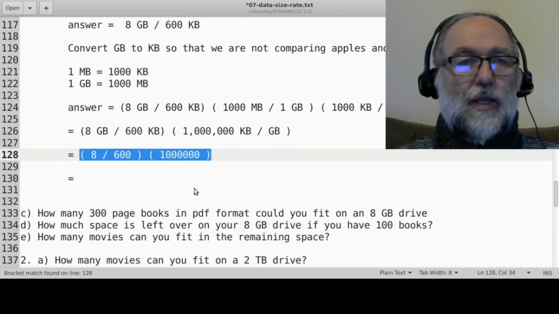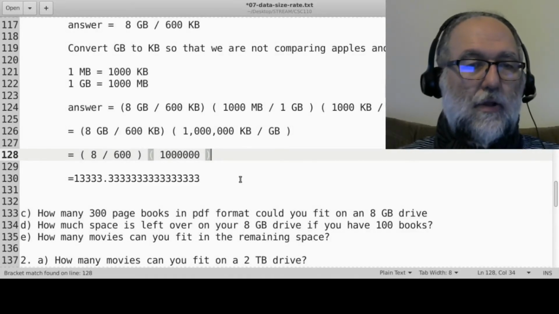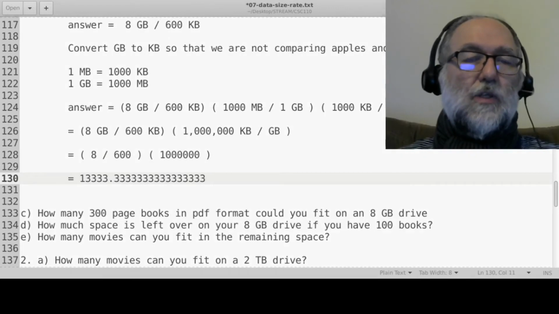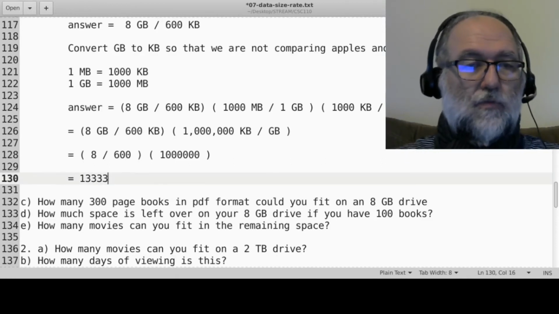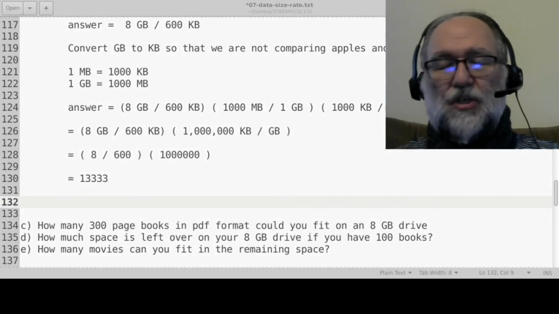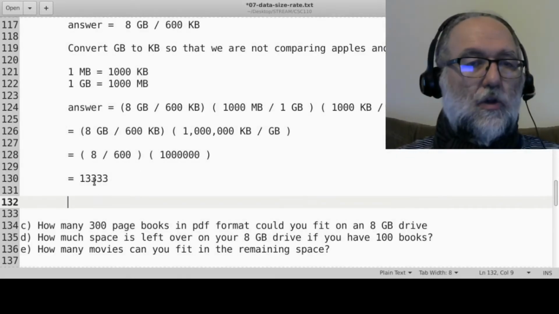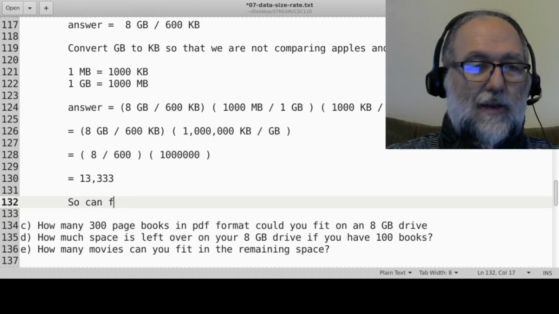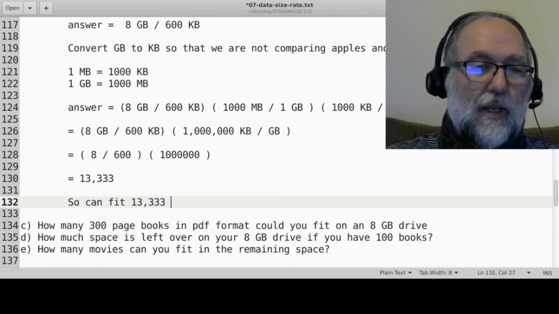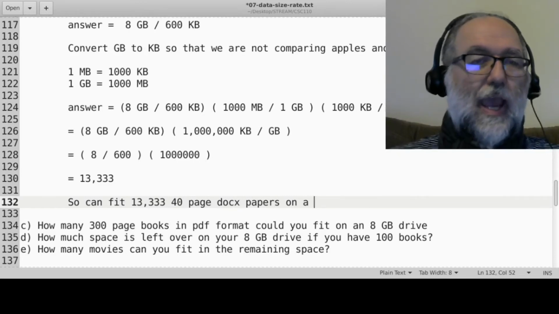And let me just do that very quickly on my calculator here. And I get this number here, which is way too many decimals. There's no such thing as 0.3 of a file, and so the answer is just like that. I threw away the fraction because, like I said, there's no such thing as a third of a file. So the answer is 13,333. So you can fit 13,333 40-page docx papers on a, what did I say, 8 gigabyte